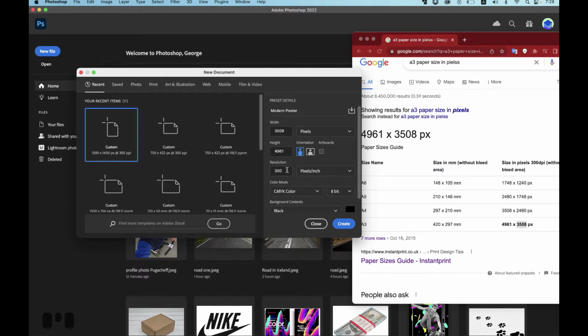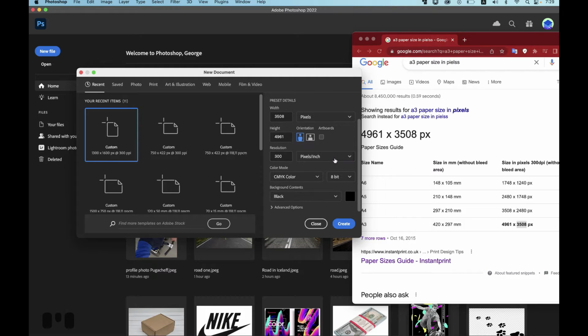And about resolution. By default, it will be set as 72 or 150. But in this case, if we want to print it, guys from the print shop say, please send me the file with a high resolution, 300, not 72, because 72 pixels is suitable just for the web. So, as a side note, 72 or 150 are for the web, and 300 resolution is for printing the file. So we set 300 pixels per inch.